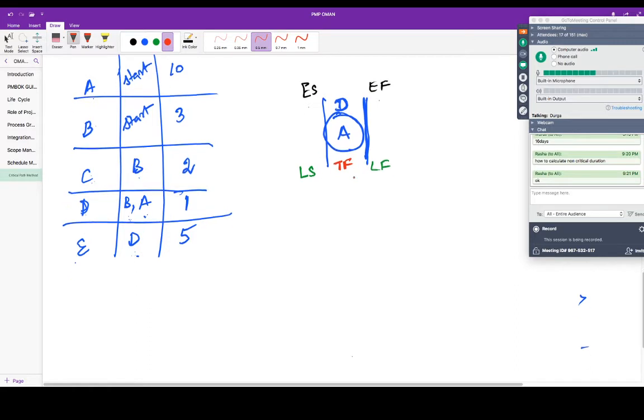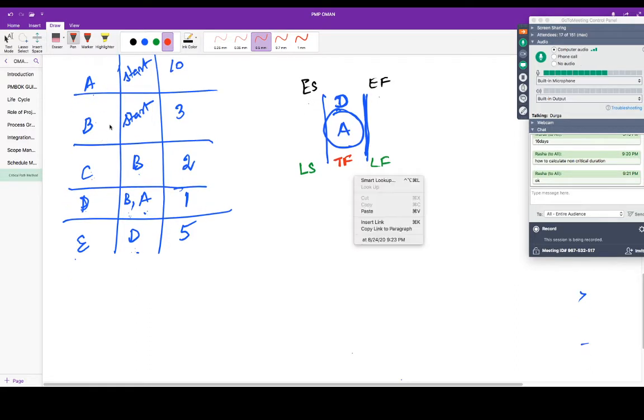So first let us draw the network. Always use a start and end milestone. It is always a good practice to use a start and end milestone. But if you are becoming more and more comfortable, it is okay. In your examination, it's okay even if you don't do that, because anyway you're not going to present the diagram. You're going to only tell the answer. Correct? So I'm using a start and end milestone. Let me start with the start milestone.